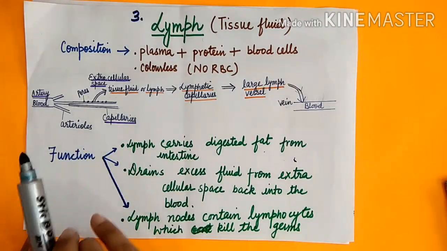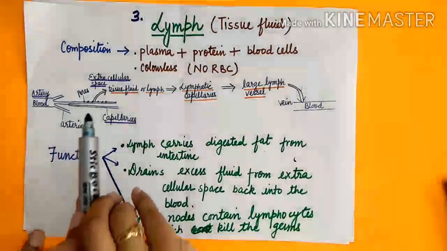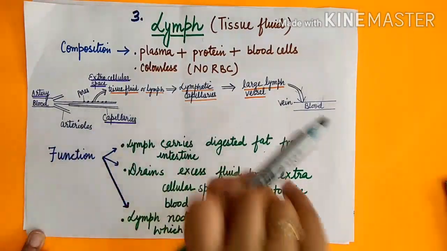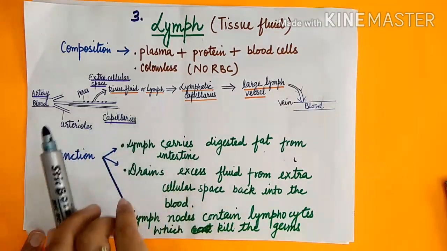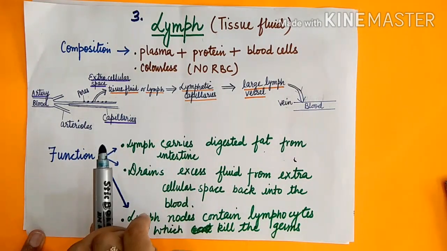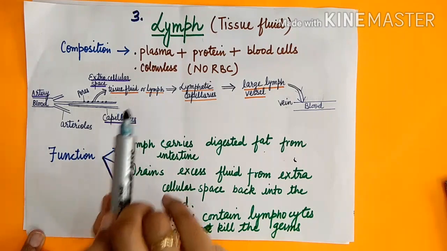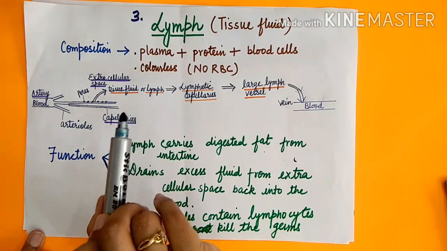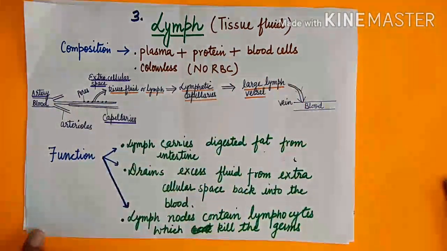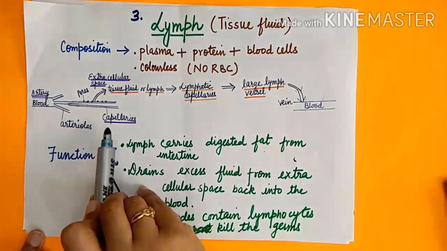Blood flows in the blood circulatory system, and lymph flows in the lymphatic system, and there is a lymphatic system parallel to the blood circulatory system in our body. Now the question can come to your mind: what is the use of this lymphatic system? So the answer is capillaries